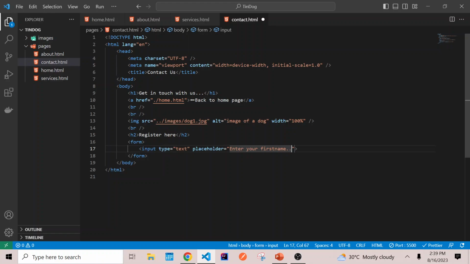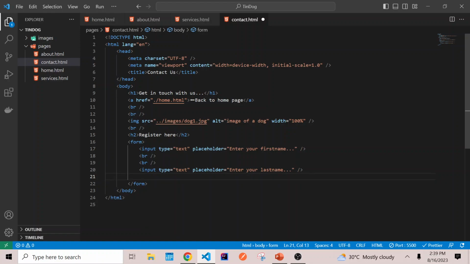Okay, and we're going to have another input, alt shift down, and we're just going to change here to last. Okay, enter your last name, but in between we want to have two BRs, sorry, BR and another BR, save,